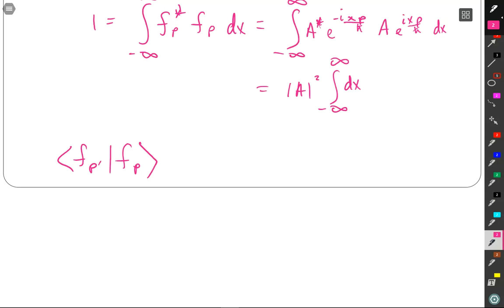Isn't it actually two? I should get 0. Yes, the prime means it's a different p. So I should get 0 unless p equals p prime, and then I should get 1. Now this is a continuously varying p. And so this is going to be